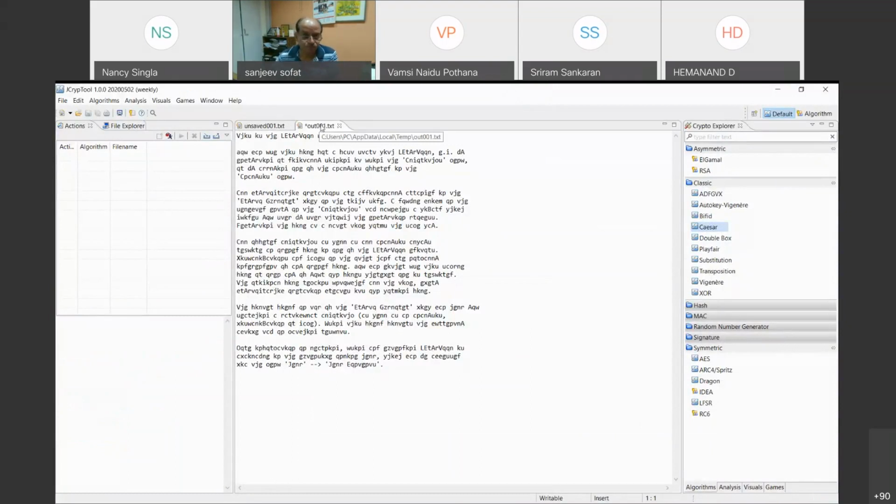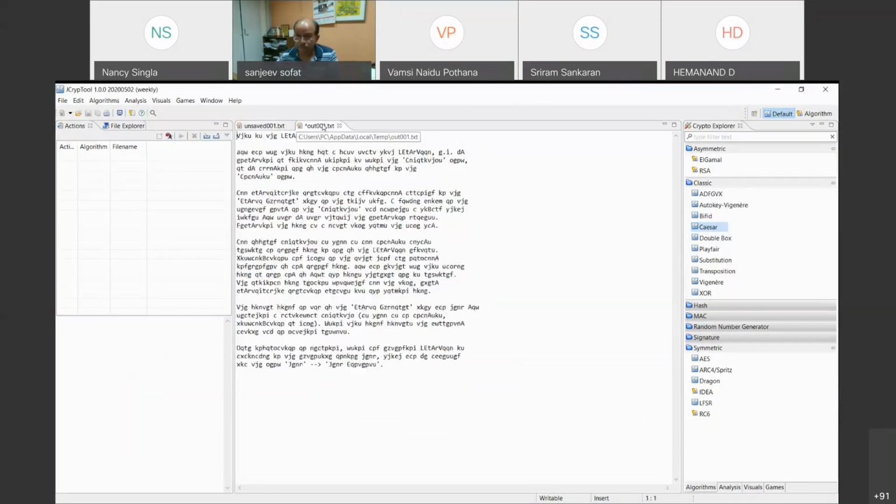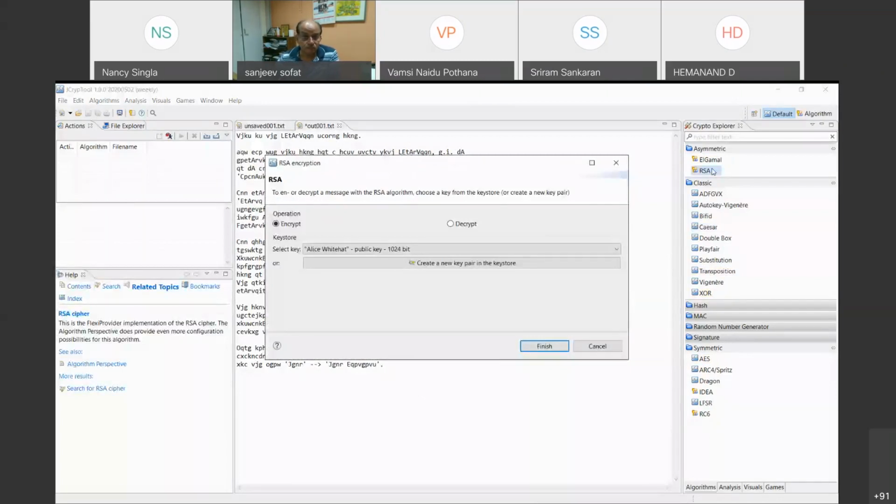The output of this would be seen here. This is one of my files, the text. Its output can be seen in another text file. One of its most useful features is for asymmetric algorithms. I can talk about RSA if you're familiar. I can show you the visual of RSA directly. The RSA crypto system would be better.